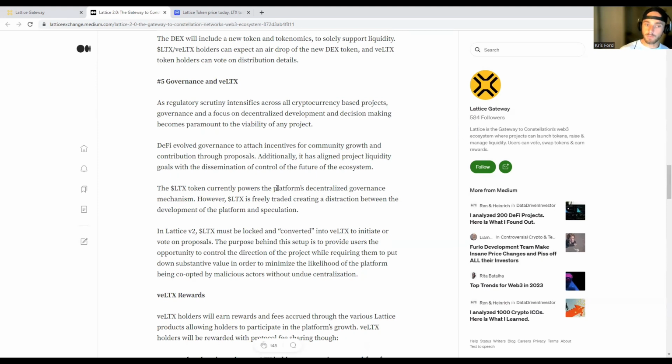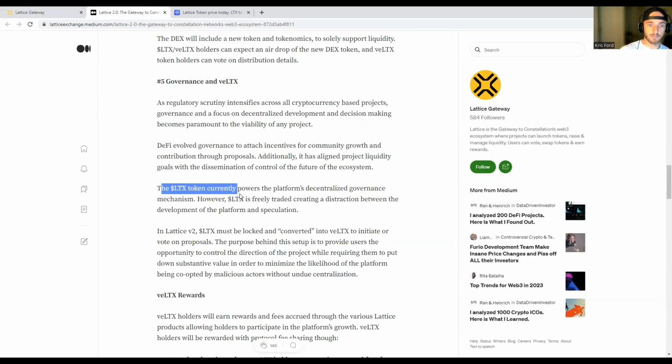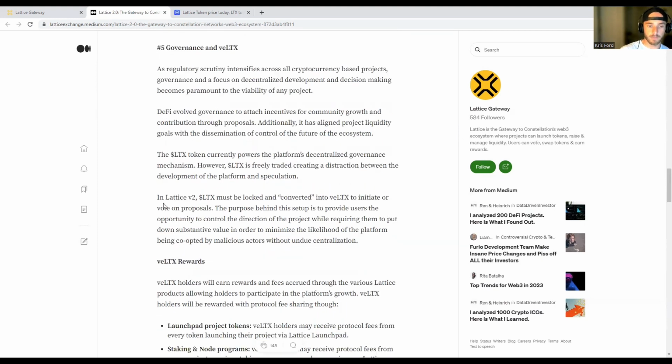Now, there's a little bit of a caveat behind the LTX token, so I want to break this down really quickly, and it's highlighted in these next two paragraphs. The LTX token currently powers the platform's decentralized governance mechanism. However, LTX is freely traded, creating a distraction between the development of the platform and speculation. In Lattice version 2, LTX must be locked and converted into VLTX to initiate or vote on proposals. The purpose behind the setup is to provide users the opportunity to control the direction of the project while requiring them to put down substantial value in order to minimize the likelihood of the platform being co-opted by malicious actors